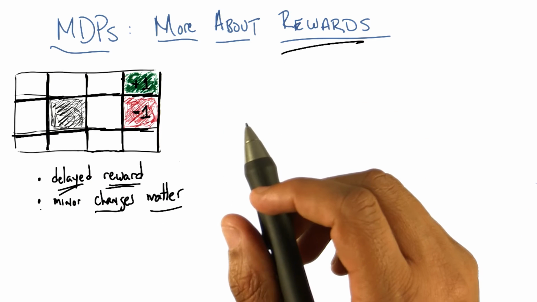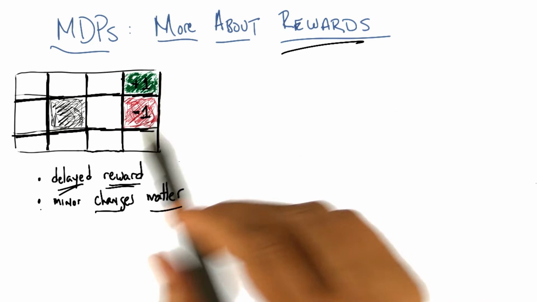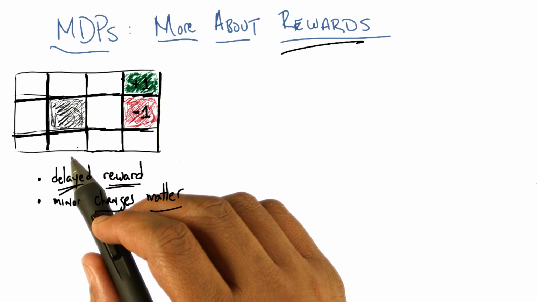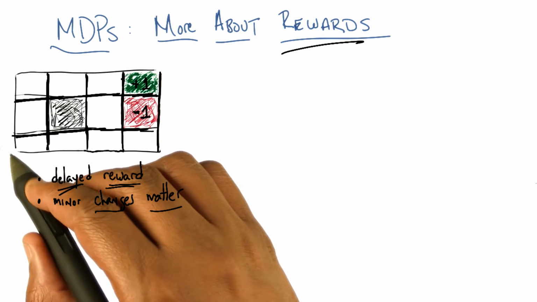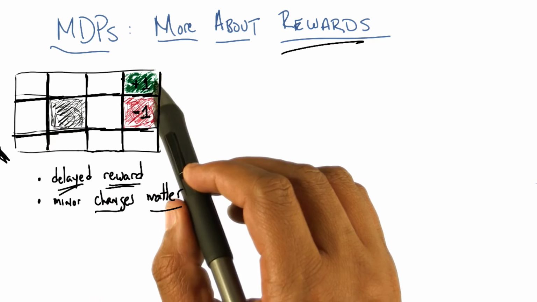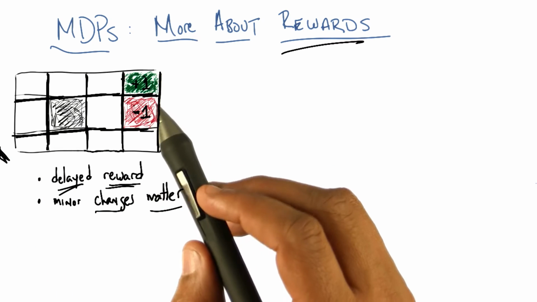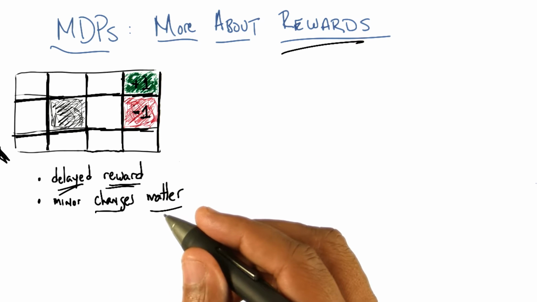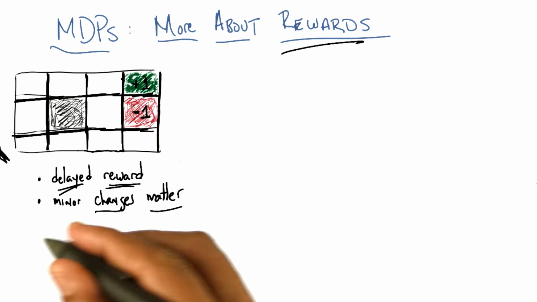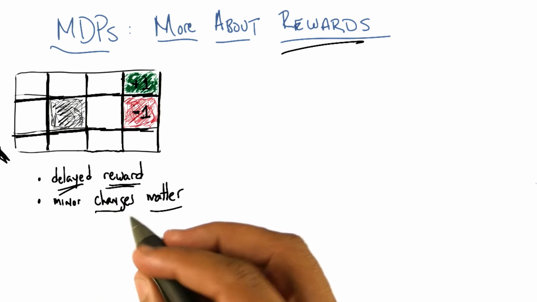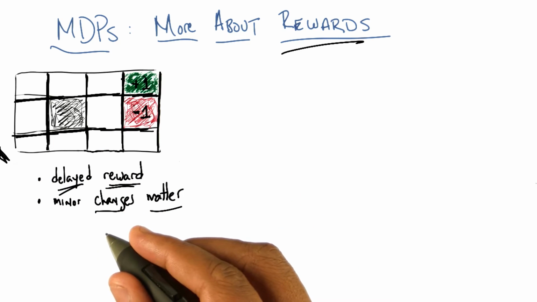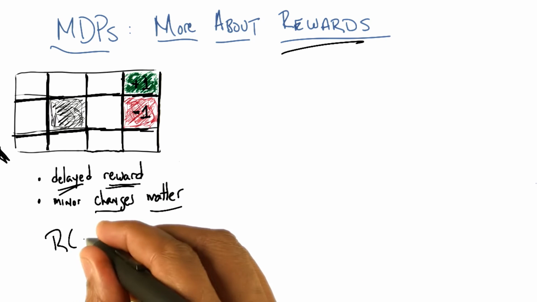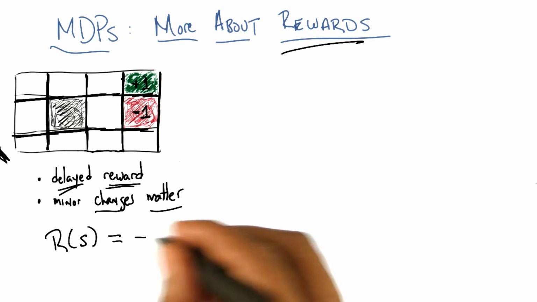And in particular, I want to look at the little grid world that we've been playing with so far and think about how we would learn how to get from our start state, which we always started over here, over to one of the +1 or the -1, depending upon the kind of rewards that we see. So let's push on this rewards notion for a minute if we think about how MDPs are made up. And I'm just going to write down for you what the reward is for the states in this particular grid world, okay? So let's say I'm going to set the rewards to be equal to minus